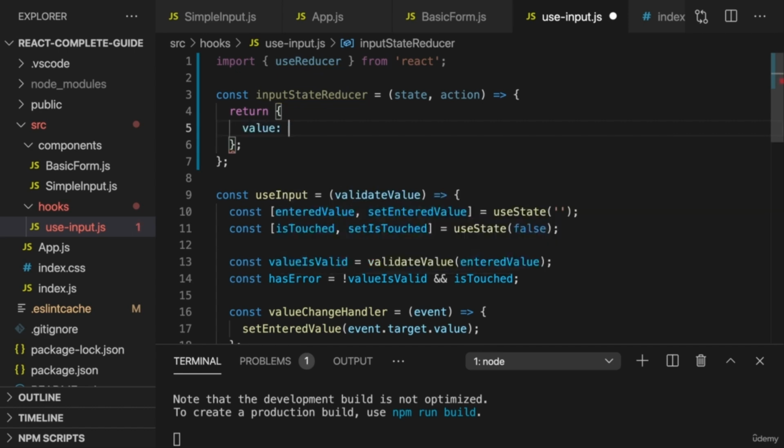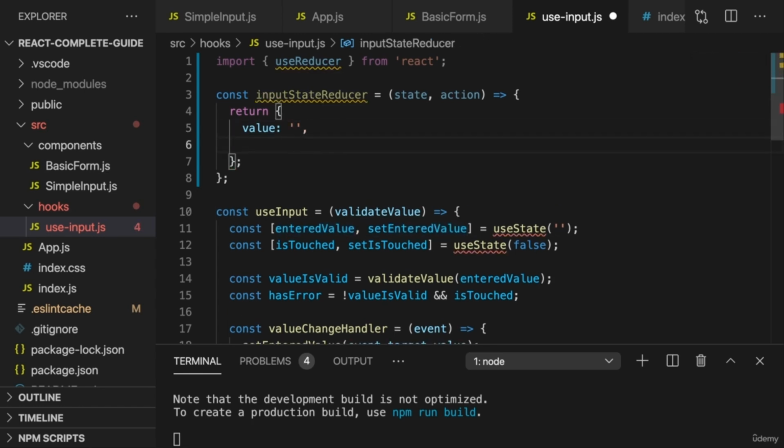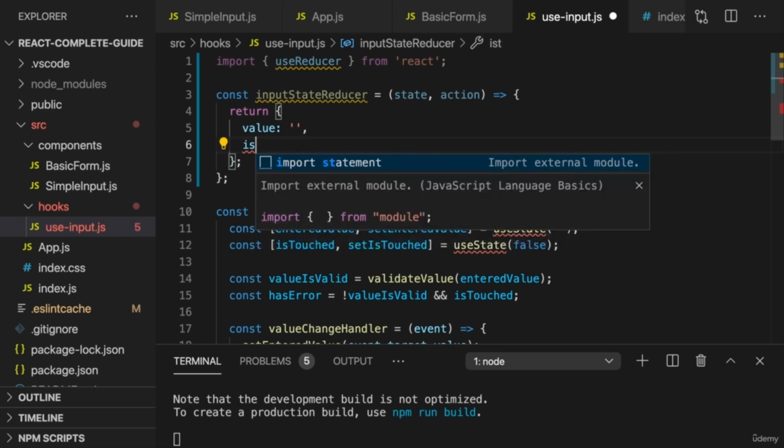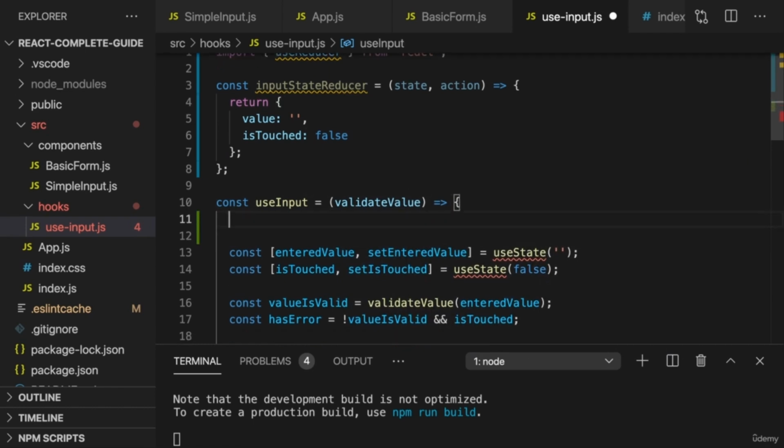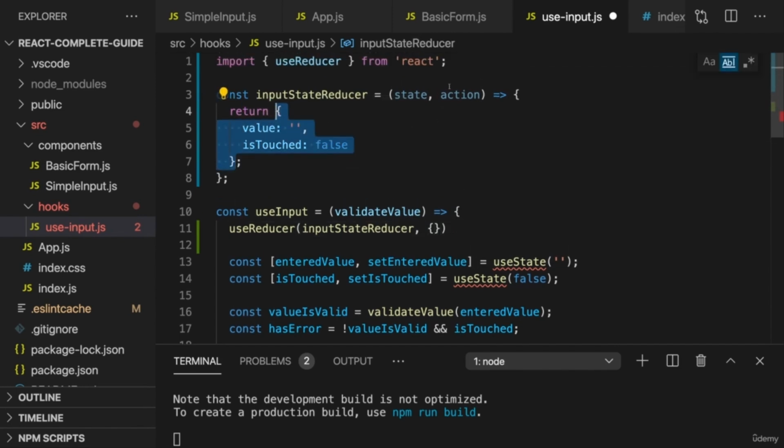And that could contain our value, so the value for this input, which initially is an empty string, and the isTouched state, which initially is false. And then here in the useInput hook, we can call useReducer and pass our input state reducer function to useReducer, and also provide our initial state, which is basically this state here, and hence I'll add